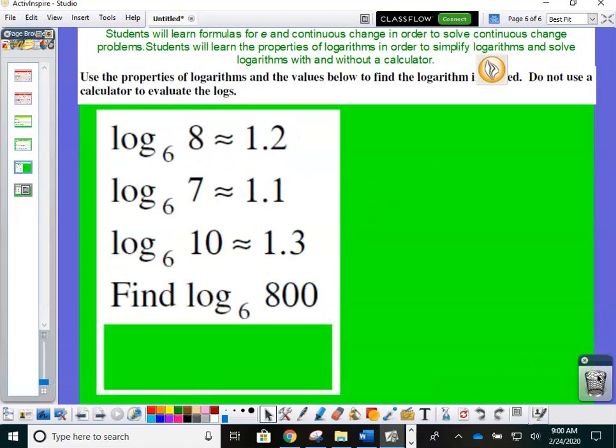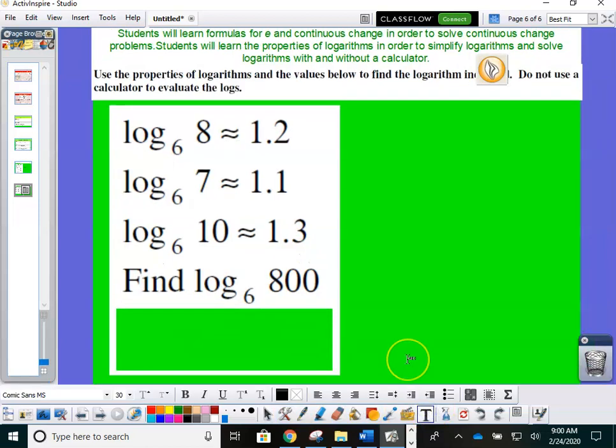Okay, now here's a more challenging one. The log base 6 of 8 is 1.2, the log base 6 of 7 is 1.1, and the log base 6 of 10 is 1.3, and they ask you to find the log base 6 of 800. Well, that's a little different. What is the log base 6 of 800? I don't know. But can I write 800 in terms of what I do know? Well, I do know the log base 6 of 8, right? And I know 800 is